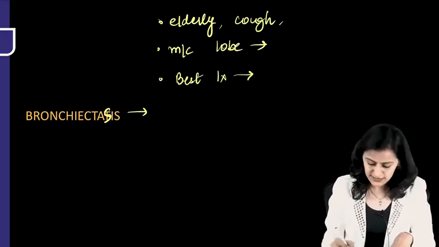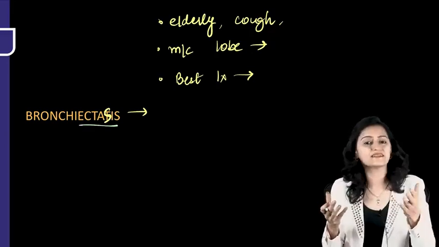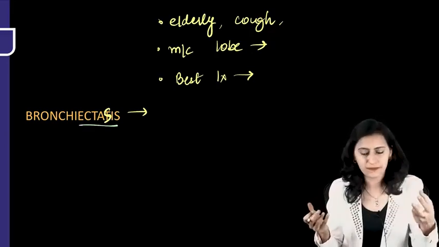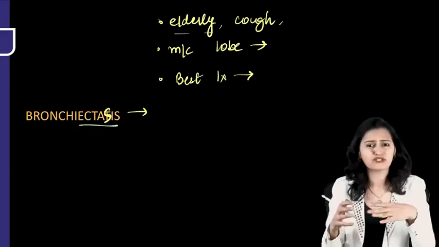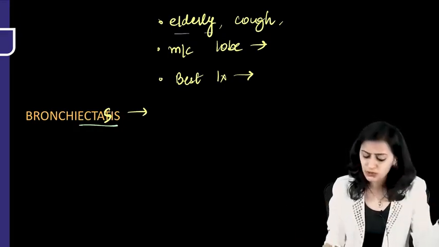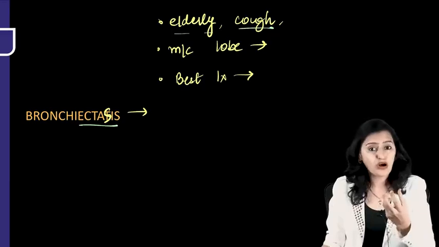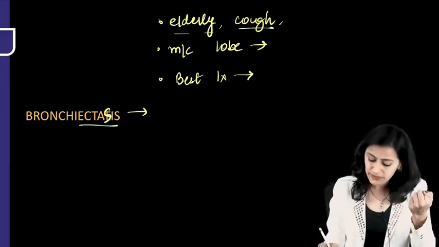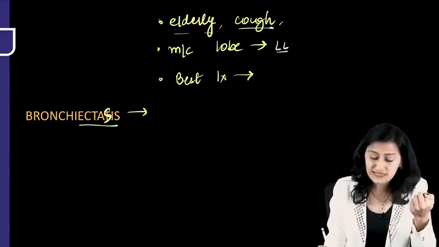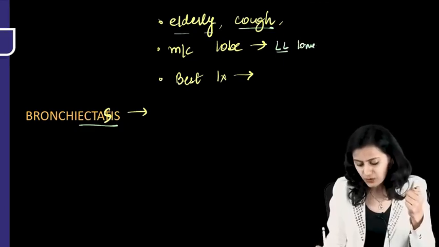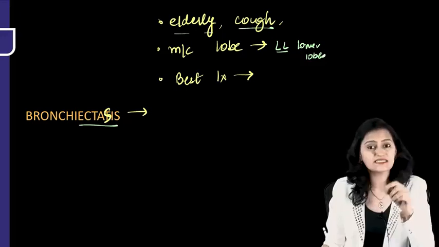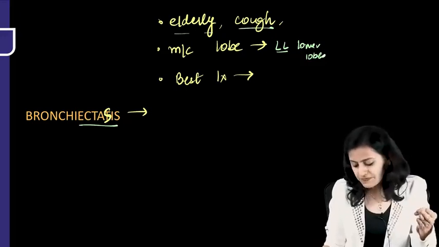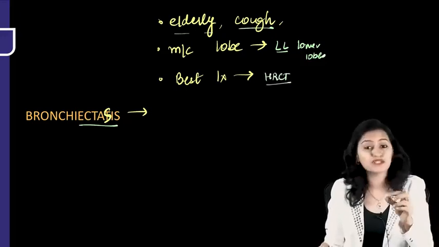So, bronchiectasis, as the term says, is ectasia, that is dilatation of the bronchi. Clinically, this is more common in the elderly because of the weakening of the bronchial wall with age. The patient presents with cough, and there can be sputum as well. The most common lobes affected are the lower lobes. And the best investigation for bronchiectasis, because it's a lung architecture problem, is HRCT,